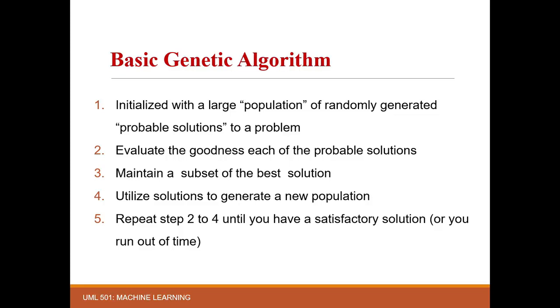That means some predefined condition has been reached, or you might have defined that you will only go up to 4 generations, 5 generations, or 6 generations. That depends on you. This is the basic algorithm. First create the population, then calculate the fitness value, then select the best solutions from it and let them reproduce to produce the next generation, and repeat these steps until you get the desired solution which you require for your problem, which can be of any type.